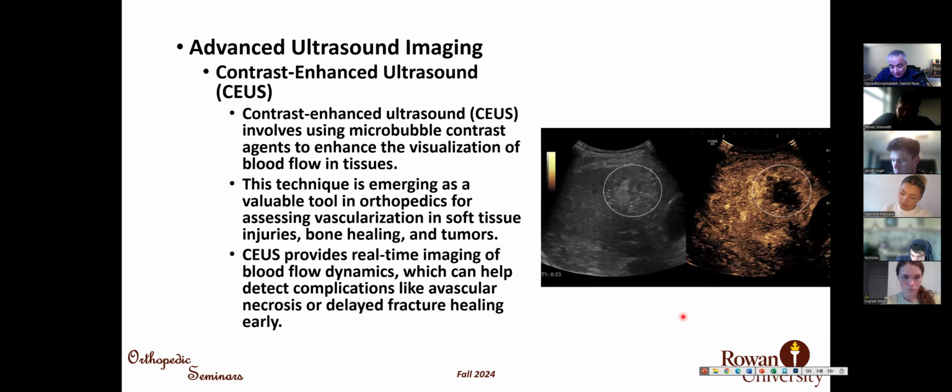But the recent technology developed some microbubbles in a fluid that contains a very tiny amount of gas. And this is an inert gas, not air. This gas is very tiny and in the form of microbubbles inside the fluid. And we inject that fluid into the vein near the area that we want to evaluate. And those microbubbles pass through that organ that we want to evaluate and create a